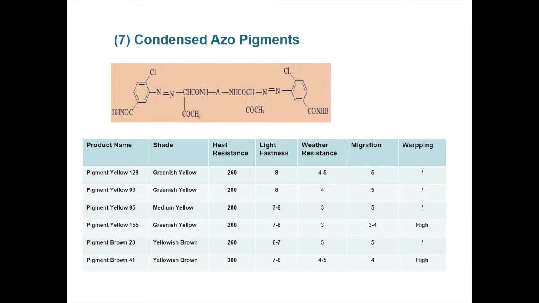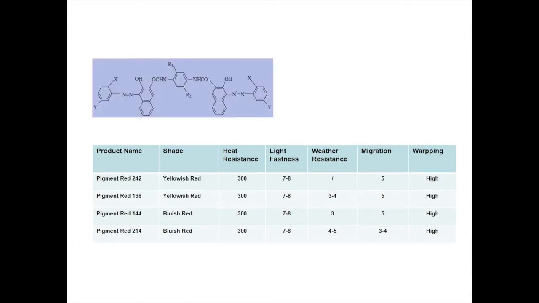Condensed azo pigments have a wide spectrum of colors, ranging from greenish yellow, pigment yellow 128, yellow 93, to yellowish red, pigment red 242, red 166, to bluish red, pigment red 144, red 214, to brown, pigment brown 41, brown 23, because molecular structure of condensed azo pigments contains multiple amide groups and